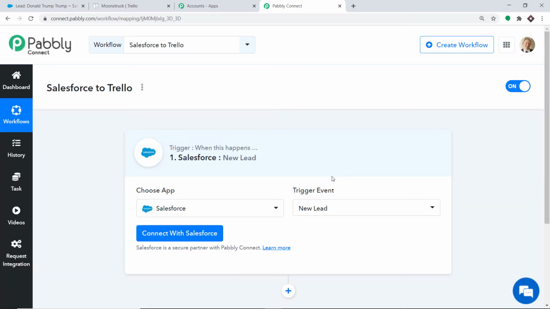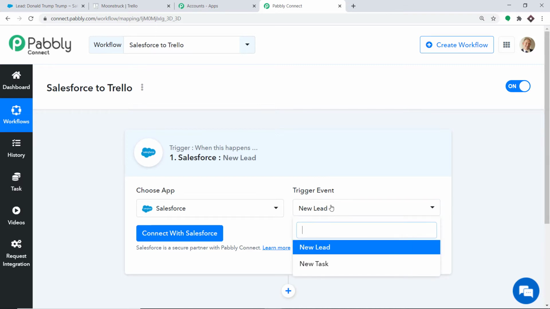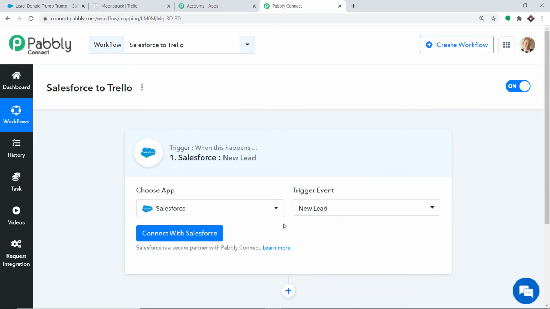Okay, so your obvious question is what is a trigger event? Trigger is basically an if statement. It asks a question: if the condition is met, what should be done? For example, if a new lead is made, then what action should be taken by the system? Actually, there is one more trigger event like new task. However, in case you don't find the trigger of your choice, you can make a request to our team at admin@pably.com for the specific trigger that you want to build. But at present, I just want to send the data when a new lead is made in Salesforce.